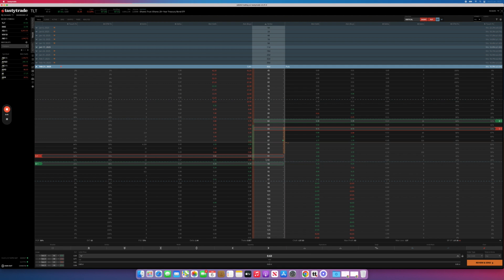which is calculated by looking at the spread between our long and short contracts, which is $2, minus the premium that we collect up front, multiplied out by 100 because that's the contract multiplier, and we get a max loss of 137. Our broker knows that our max loss is now 137, and so it only needs to hold that much in buying power